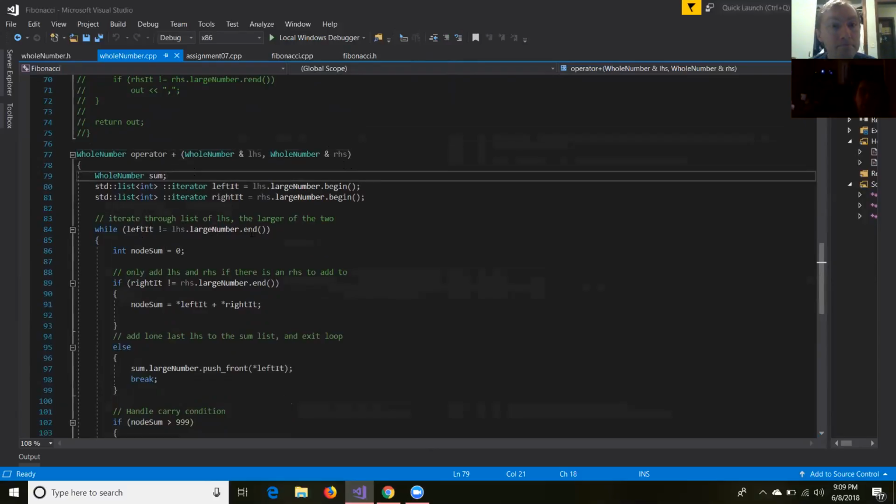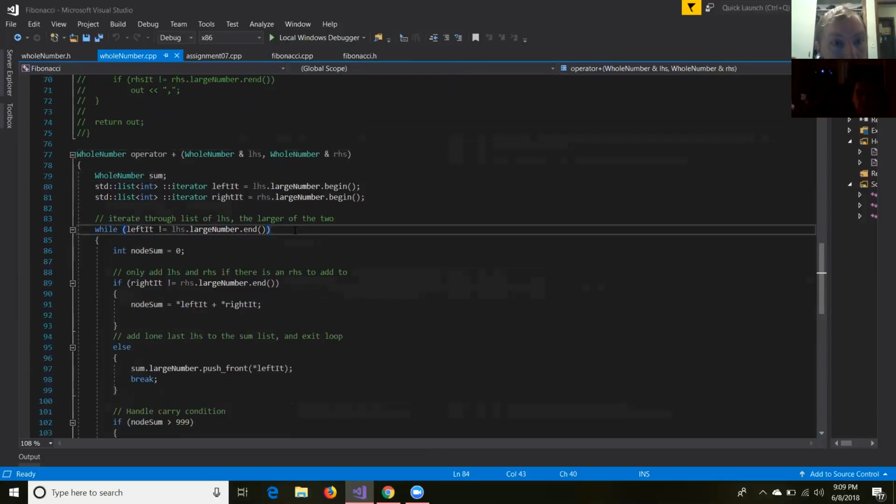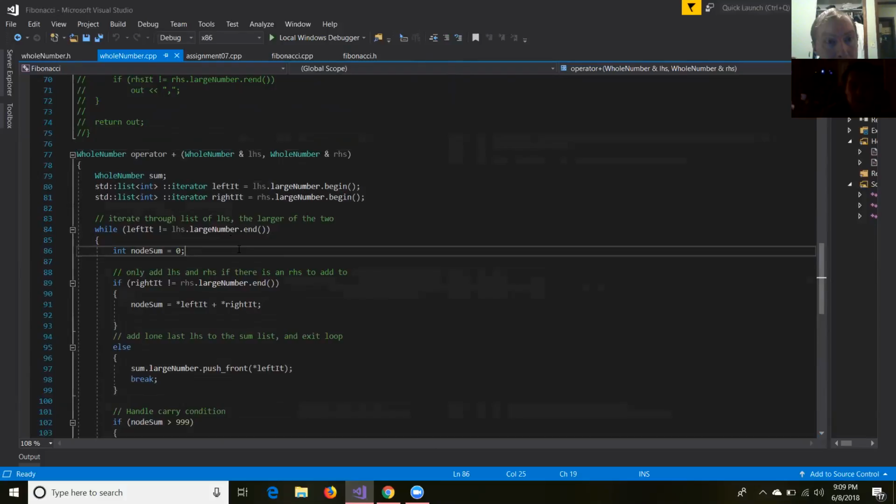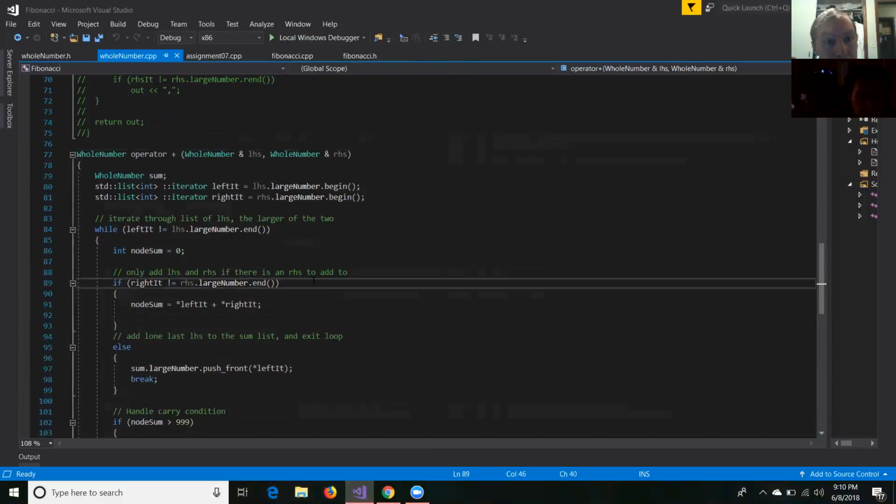And so right here I'm going through the bigger number, which should hopefully be the left list, but I probably need to make sure that I'm in the bounds of the right list as well. But I've got an integer called node sum here. It's just what I named it. Kind of the sum of each node is what I'm summing right there. And if the right, let's see, greater than or equal to,